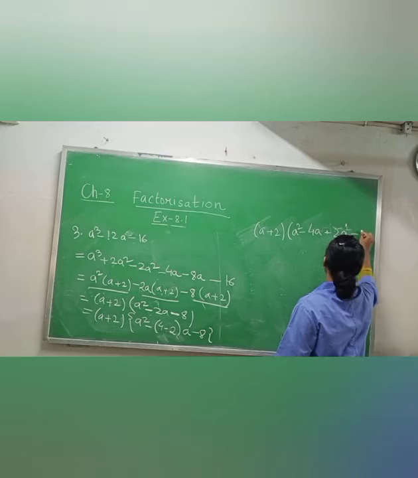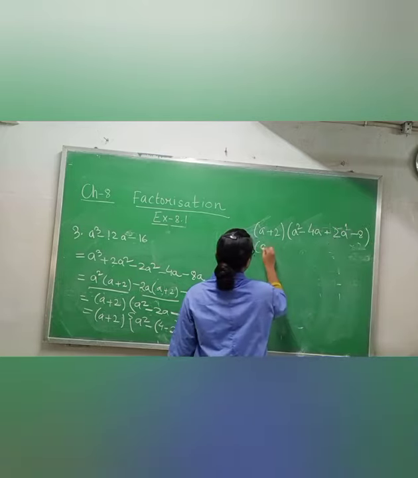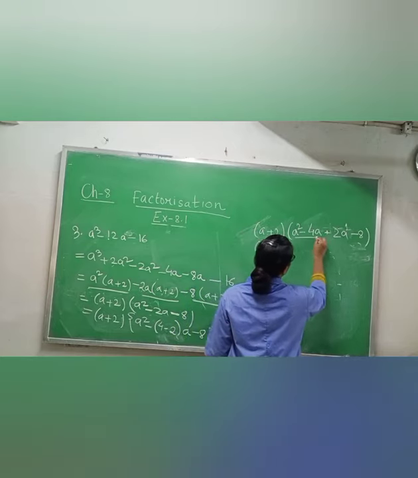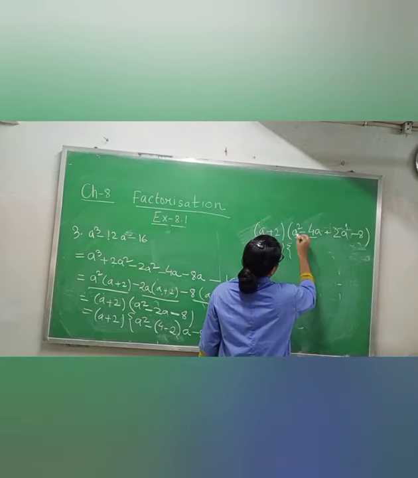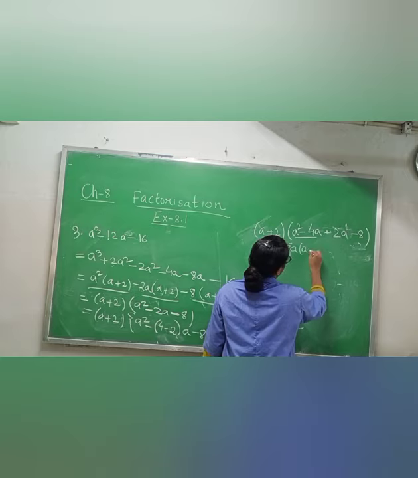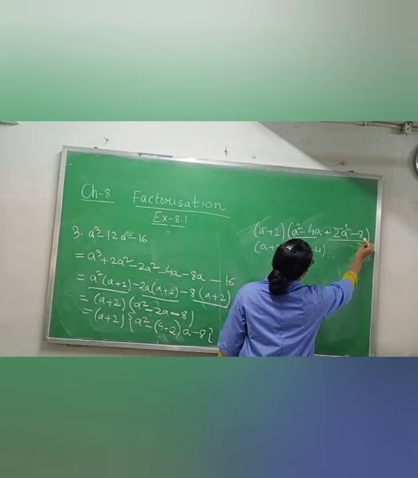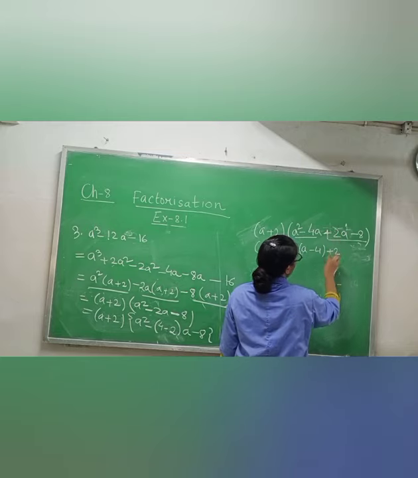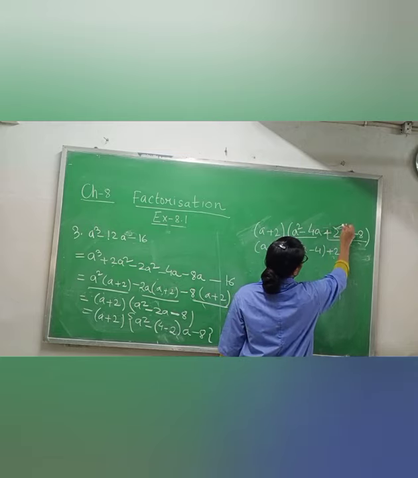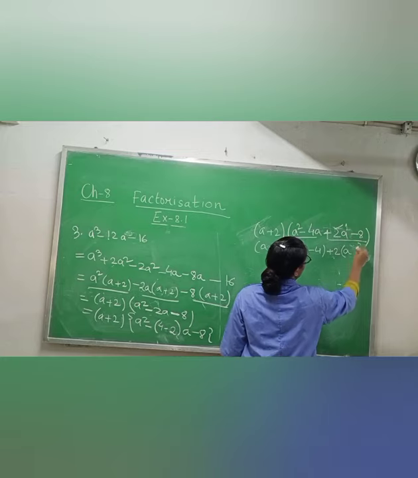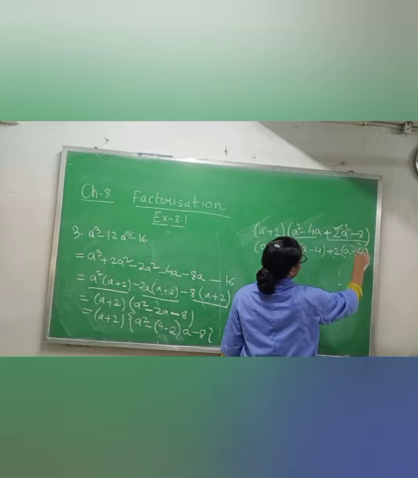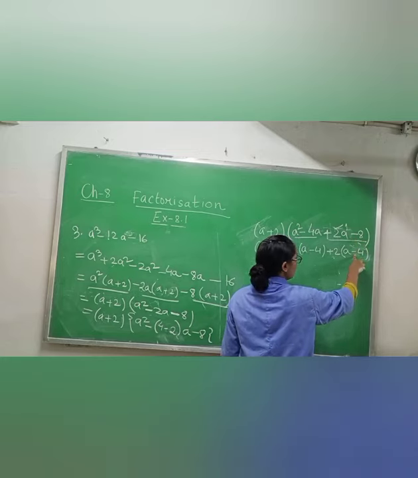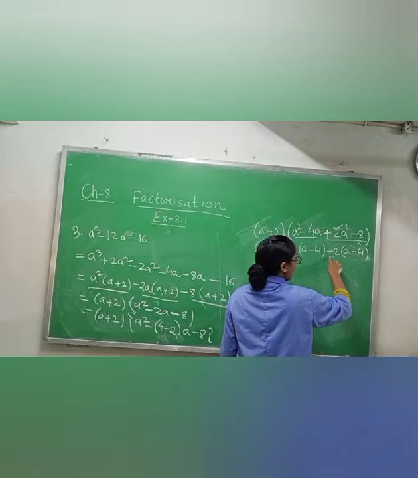Then minus 8. Now from the first two you have to take common. What is common? A is common, and what is there? A minus 2. Here what is common? Plus 2. This one sign you will take only. Plus 2 will be common, and if you take 2 common, a is left from this one, and here 4 is left. And since you have minus sign, you will put minus sign. Sign will not change because you are taking plus as common.